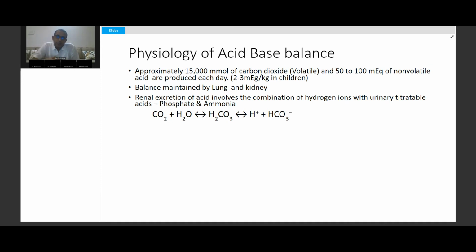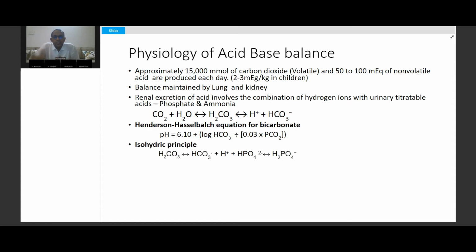Based on this, in water, we add this equation, which came as your Henderson-Hasselbalch equation, which talks about the reactions related to the ratio of your bicarbonate and your carbon dioxide. But the drawback of this Henderson-Hasselbalch equation is that it is very good in explaining the respiratory part of your acid-base balance. When it comes to the metabolic side, it doesn't say about the severity and doesn't account for the other metabolic anions or the acids which are produced in the body.